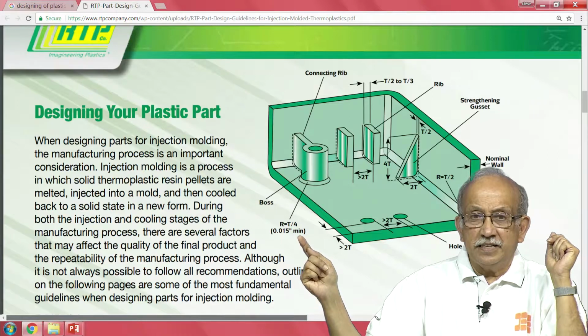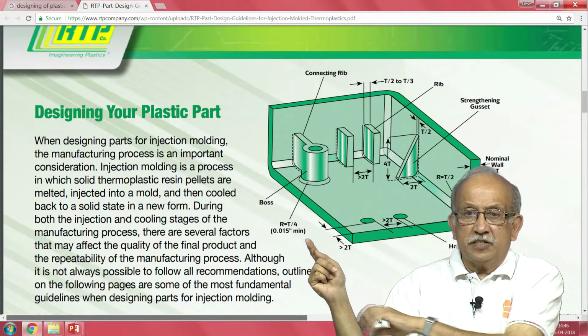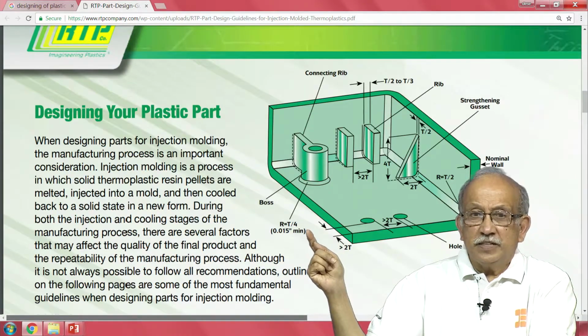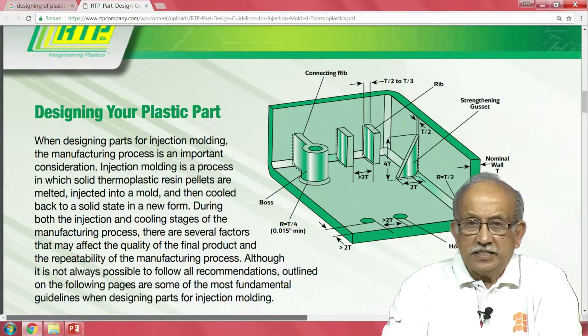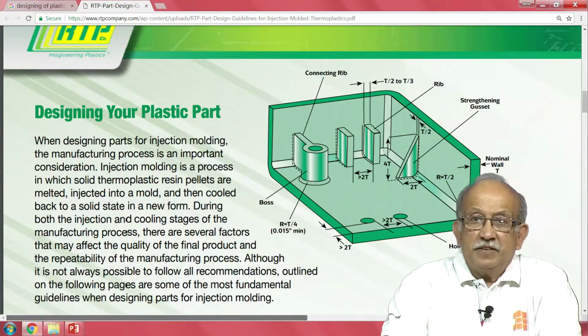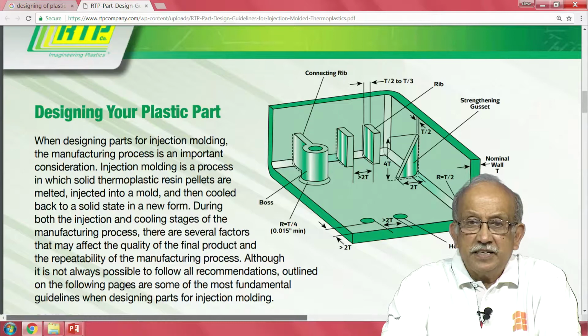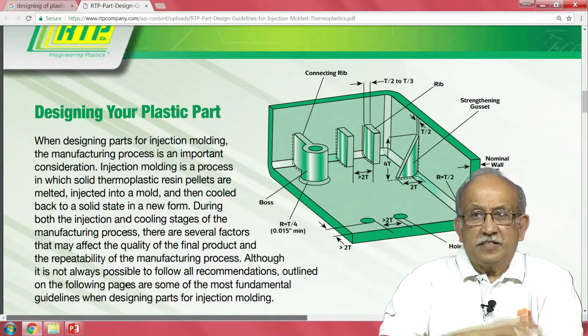While it is convenient here, too sharp a radius leads to problems, too smooth a radius leads to another type of problem, because in principle the wall thickness has to be maintained constant all over the place. So, if the wall thickness varies, something called shrinkage will occur, and on the opposite side you will see the shrink marks on the opposite side.